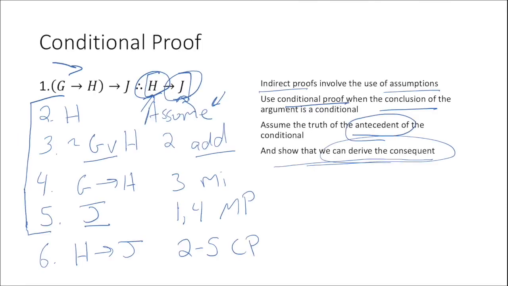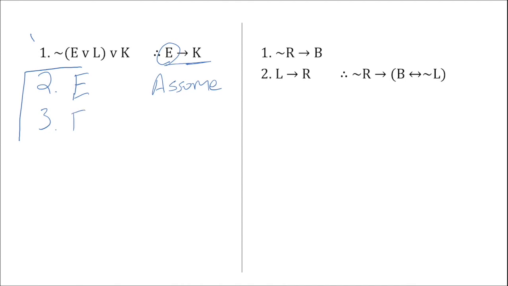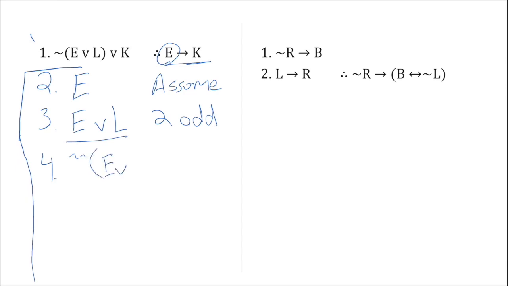let's try this. E v L from 2, addition. Again, just like we did before, we just put together a disjunction. And just keep this assumption going. And then what we're going to do, let's do double negation on that, because what this is the denial of this. And what does that allow us to do? It allows us to derive K